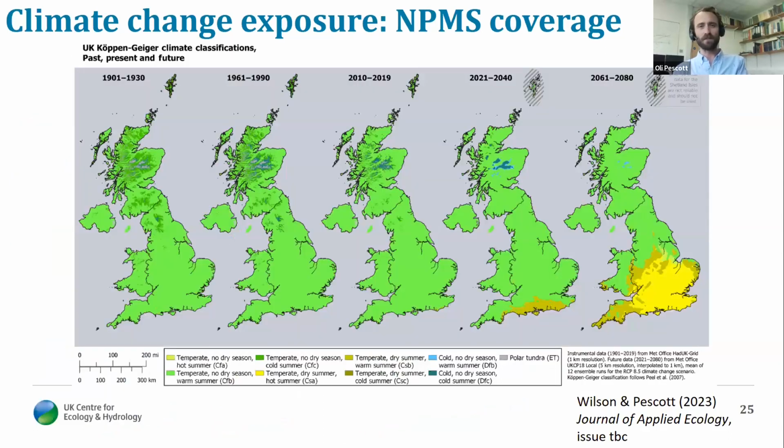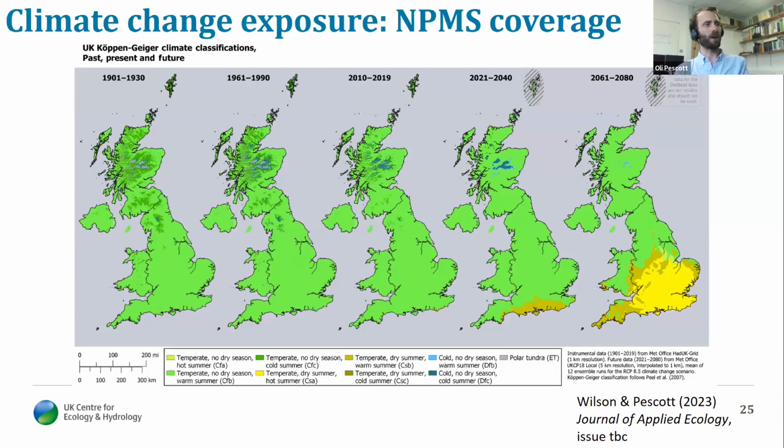This is just another way of visualizing these data. The most interesting thing here is perhaps the modeled predictions for 2021, 2040, and then 2061 to 2080 on the far right. The muddy brown and the yellow relate to new climate types that we've not really experienced in the UK before, which are expected either now or in the near future to become much more